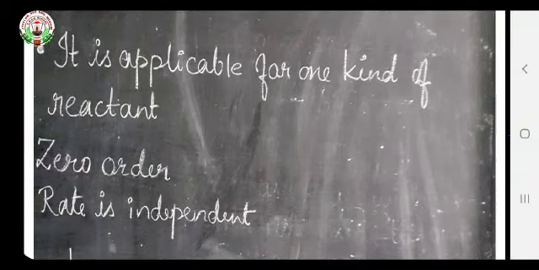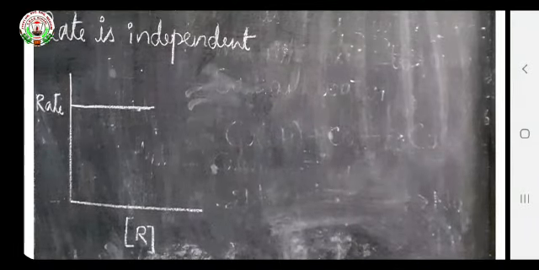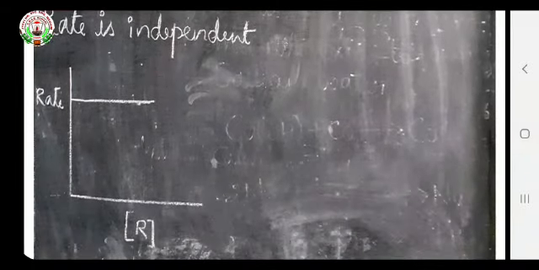Next is what? For calculating the rate law for any chemical reaction, we have some more types of graphs. With the help of these graphs we can calculate the rate of reaction. Here we are plotting a graph between the rate versus the concentration of the reactant. We know that in case of zero order, the rate is independent of the concentration of the reactant. Because it is independent, the plot is a straight line. For the zero order reaction, rate of reaction does not depend on the concentration of the reactant. That's why the plot is like that.